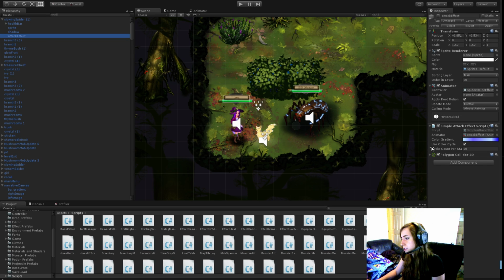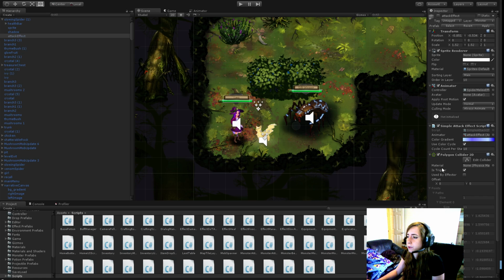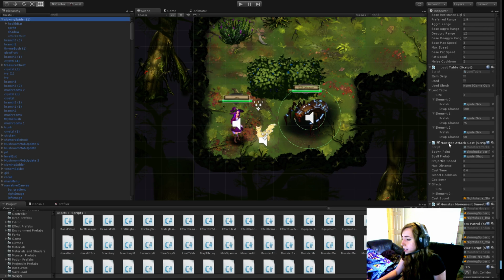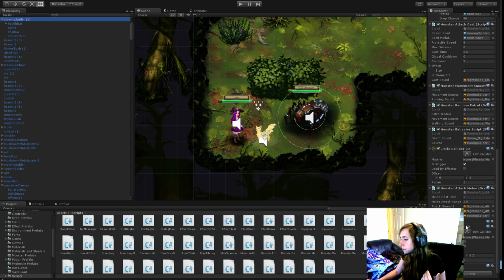It has its own collider, so the calculation for the attack can be based off the collider, or if the creature does not have an attack effect on it, then it defaults to using this attack range. So this allows me to put this script on a creature that doesn't necessarily have the attack animation and the attack effect in it yet, and still work basically how I want it to. And having those safeguards allows you to avoid potential bugs that would happen if you misnamed the attack effect or something